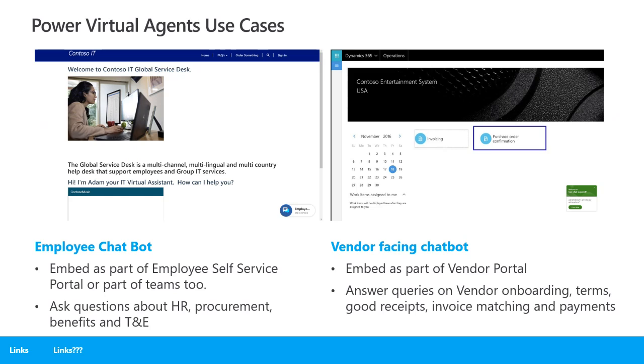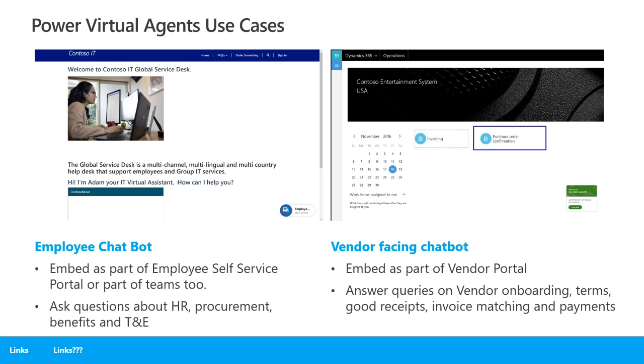or expenses. The second example is a vendor-facing chatbot. So the suppliers and the external people to your organization are one of the examples of people that your purchasing department is likely interacting with on a regular basis. If we can handle a lot of the basic questions that your vendors ask around onboarding, terms, goods receipt, invoice matching, and payment between your procurement and your accounts payable team, we can make your procurement and AP processes much more efficient. You would typically embed something like this into a vendor portal or maybe even into your